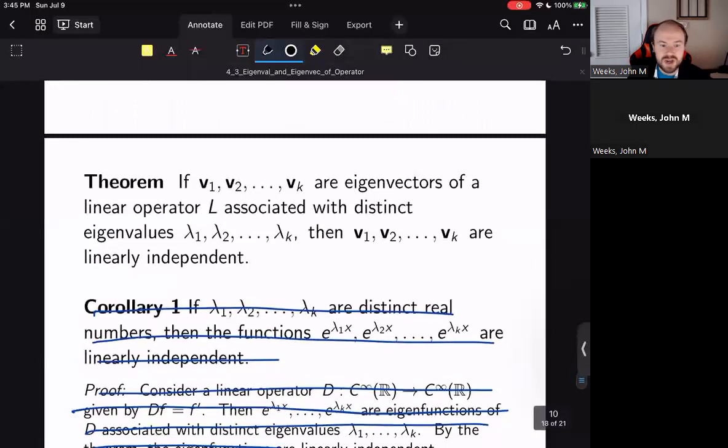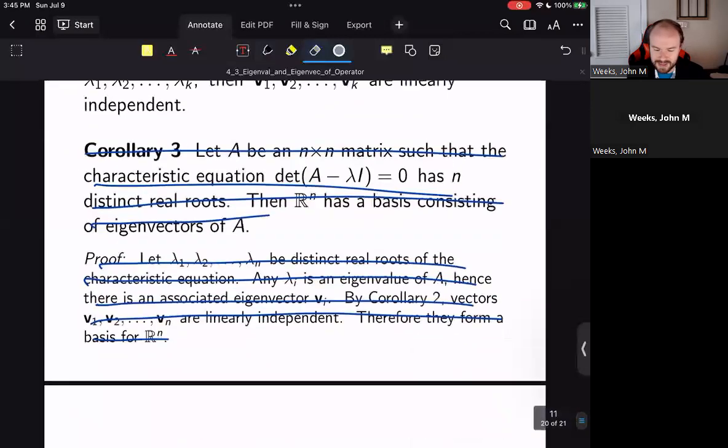So we could then continue on to prove our theorem with respect to each of these, v1 through vk. If these are eigenvectors of the linear operator associated with distinct eigenvalues, distinct being operative here, you saw where that was useful in our proof before, then v1 through vk are linearly independent, right? So this is saying, for example, if you are in a, say, a finite dimensional vector space,